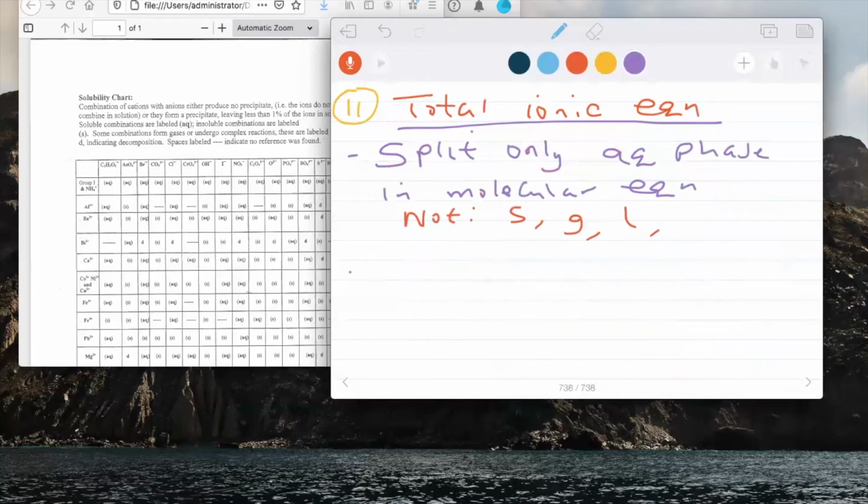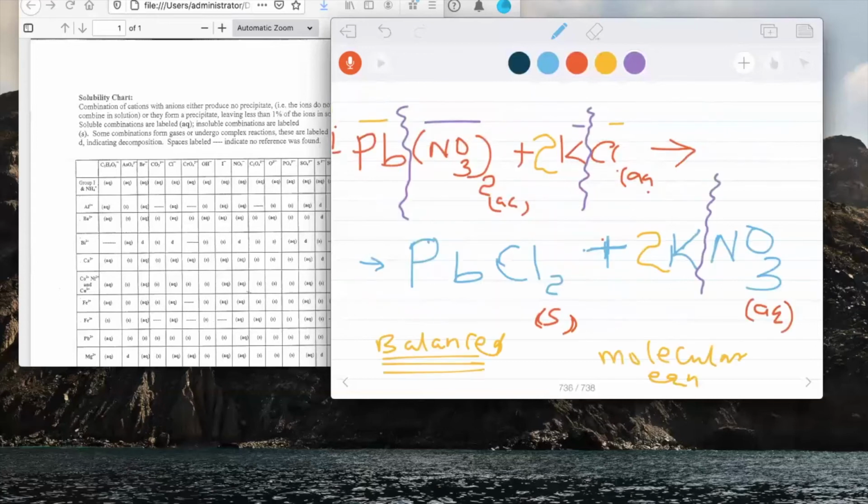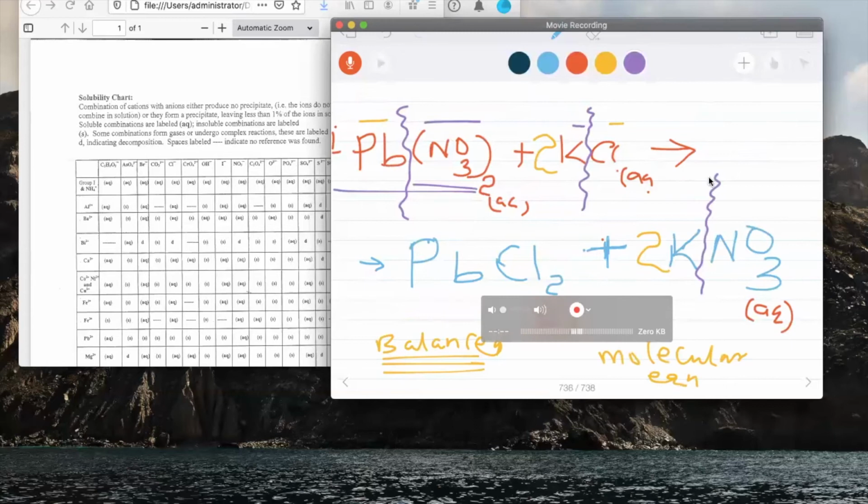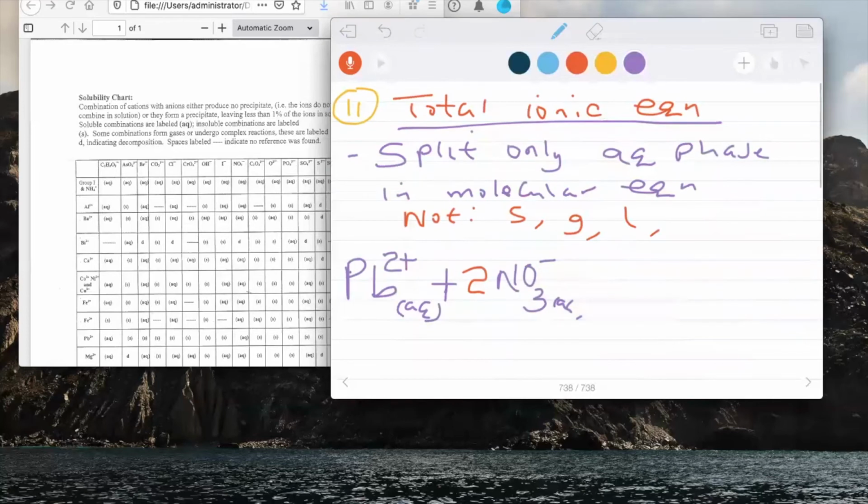It will be lead here, and you have to indicate the charge as lead 2+, and then indicate also aqueous. The subscript now changes to a coefficient. Look at what I'm doing, 2 nitrate, and then you have to indicate the charge as well. It is a polyatomic ion. The 2 ions came from this first reagent. And then the 2 here for potassium chloride will go, all right, this is plus now